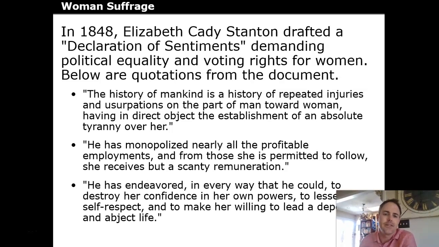So you see here from 1848, Elizabeth Cady Stanton, Declaration of Sentiments demanding political equality and voting rights. I'm not going to read those, I'll let you read those. But you see, the idea is as women are granted and win greater educational opportunities and employment opportunities, they began to demand, fight for greater